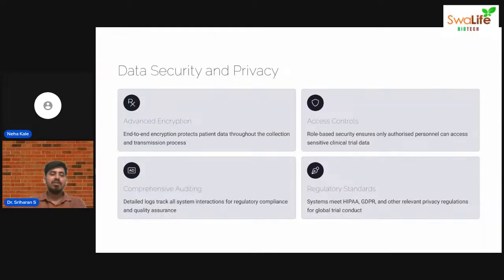So the main thing to consider is data security and privacy, because data security and privacy are very important for the clinical trial. Ethically, we want to protect the data of the individual patient. So we maintain encryption, end-to-end encryption, and access control. Why we use access control means only the authorized person can access the concerned